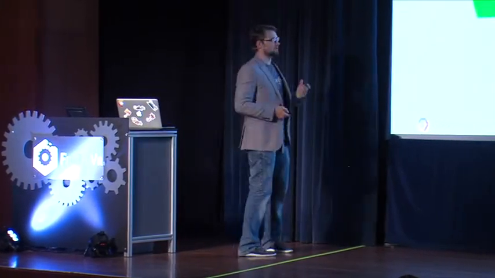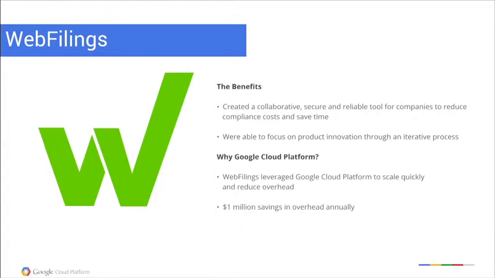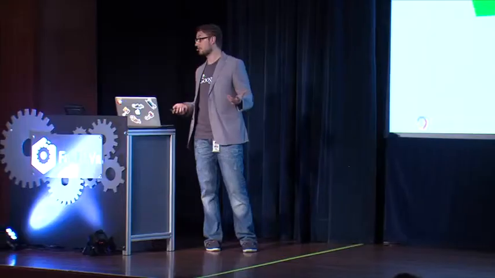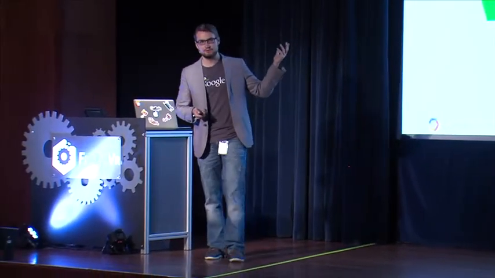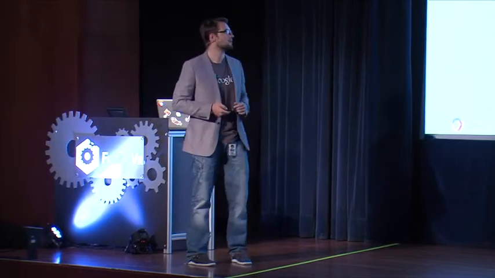And I'm sure some folks here are asking the question, well, hey, Gmail is reading my email and serving me ads and stuff. I don't really trust Google. Well, you may not know this, but roughly 80% of the Fortune 500 companies have their earnings information, very, very sensitive information, sitting on Google Cloud Platform through this company right here, Web Filings. So if Web Filings can do this, then it's no question.